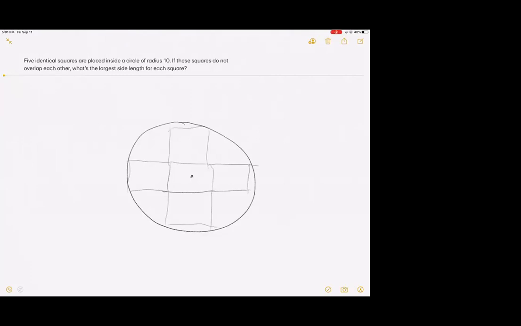Usually you just put a large square in the circle and split it into 4, but you can't do that with 5. You can't split a square into 5 other squares. Okay, so why not something like this? Why not 1, 2, 3, 4, 5, and then a square like this? Why not like this? Because then the radius would be